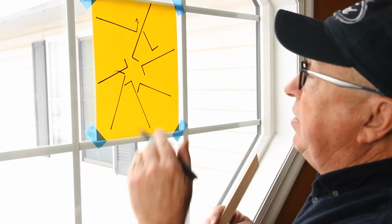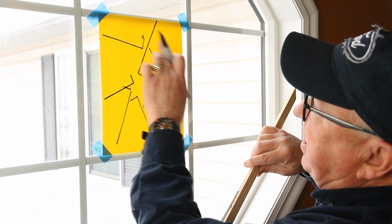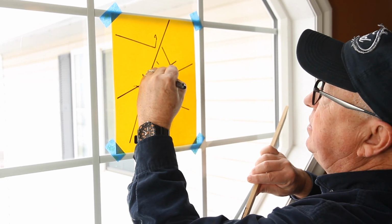Okay, now that I have all of these drawn here, just to make it easy for me to remember which is which, because it can get a little confusing because they overlap a little bit, and it doesn't matter if they do, I just go ahead and number them. So I know this is 1, 2,